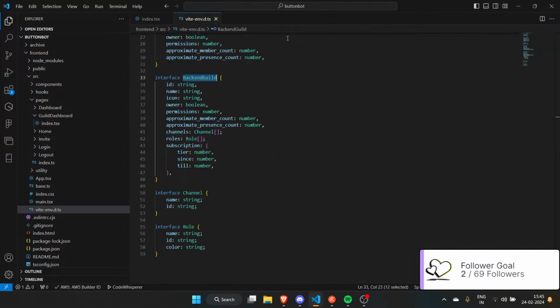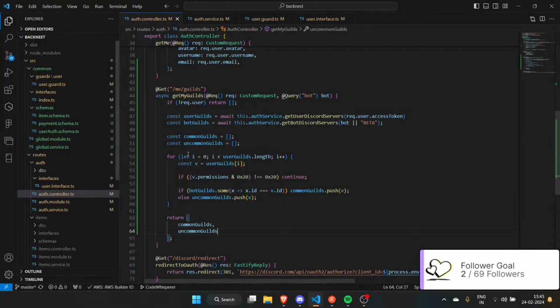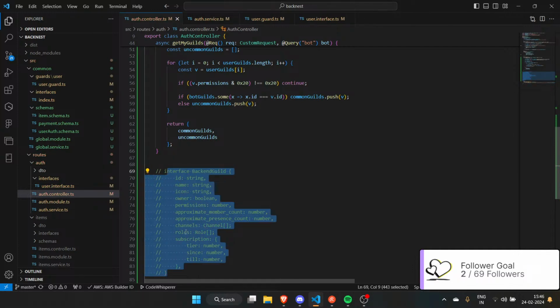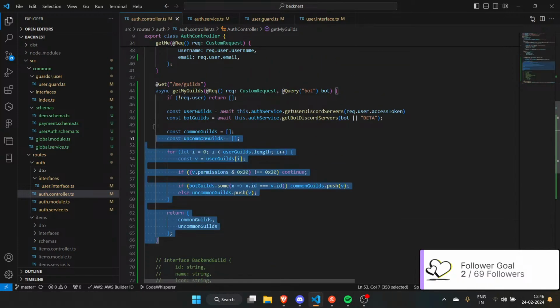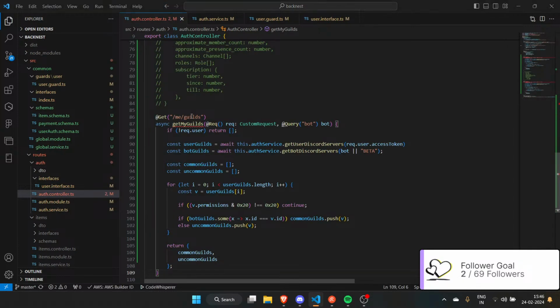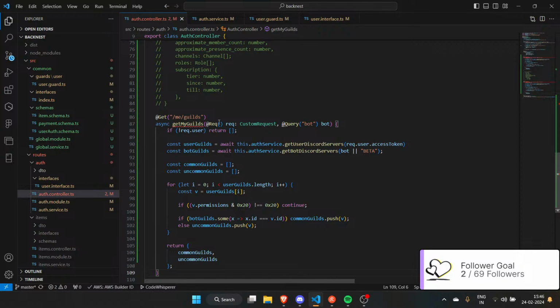So let's go to index.js, backend guild. We don't need that. Now in there, I'd like to copy this interface and go to my page. Let me just comment this out, and then I'll copy this get guild and paste that. So what was the route again? Slash guild slash ID. Yes, ID.